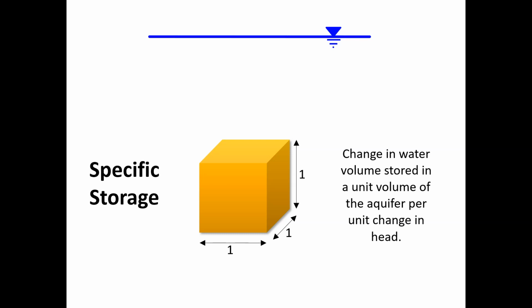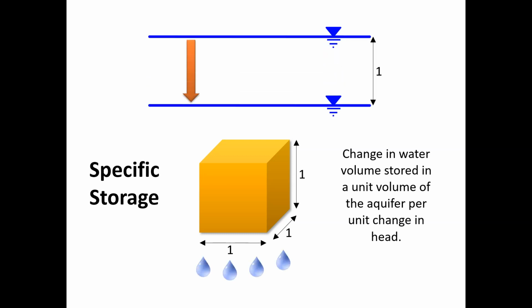Specific storage is as follows. If you lower the water table by 1 unit, it's the change in water volume stored in that aquifer resulting from that 1 unit head loss. And by 1 unit, I mean, say, 1 meter or 1 foot. Now, why would that happen? We're going to get back to this later in the lecture, but when the head drops a meter, for example, the pore pressure in that water space goes down,